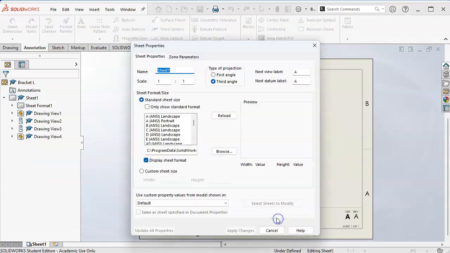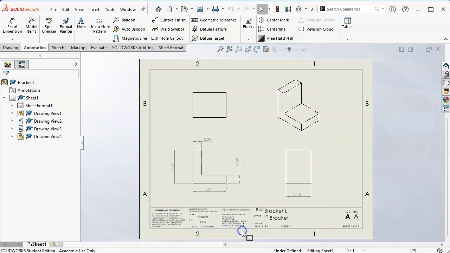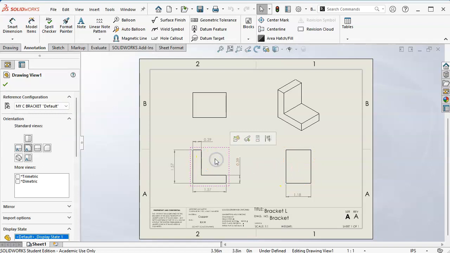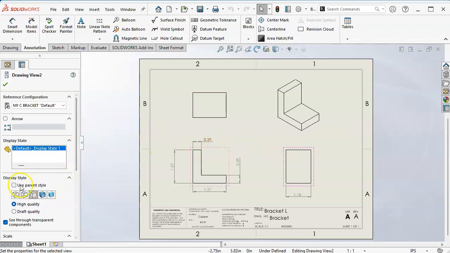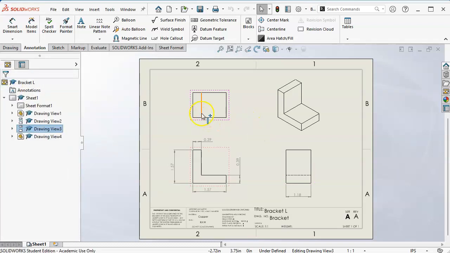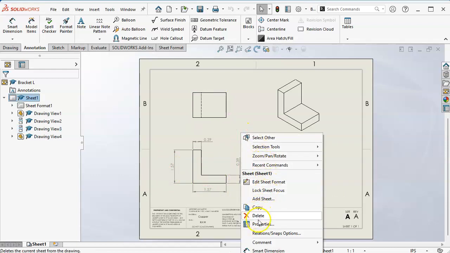If I go back into my drawing and I change the properties to first angle, apply changes, notice that the line, and let's go ahead and set that to hidden, shown. And that one's okay. Did that not pick up the parent? No, for some reason that did not pick up the parent style. And use the parent style. All right, so this is a hidden line because in first angle we're looking in that direction and we're looking in that direction. In third angle,